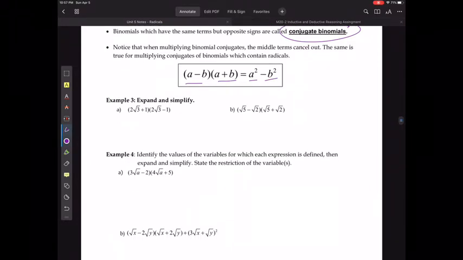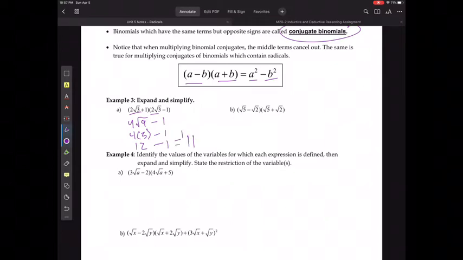So if I'm going to expand and simplify, if I have radicals in here, well, I know that the middle terms are going to cancel out. So if I think of foiling, then this part and this part aren't going to matter because they're going to be the exact same, just opposites, and cancel each other out. So all I'm going to do is square the first terms and get 2 times 2 is 4, and the square root of 9, which would be the same as 4 times 3, or 12. And the 1 times negative 1 is going to wind up giving me negative 1. If I have 12 minus 1,